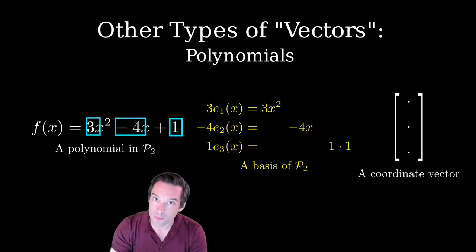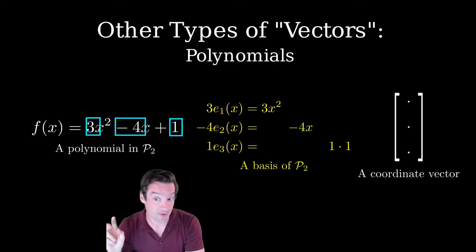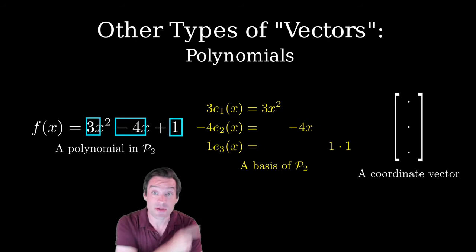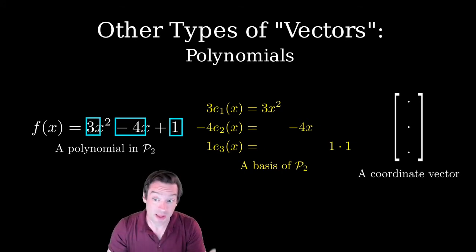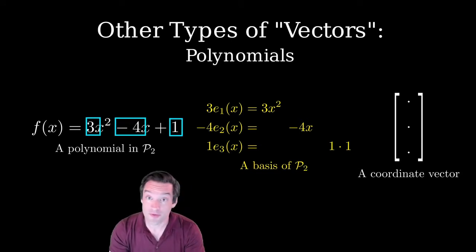So here's one more visual way of thinking about what we're doing when I take objects like polynomials, which don't seem like vectors, and use a basis to express them as their coordinate vectors. What does that actually look like? What are we doing? So if I take polynomials of degree at most 2, they form this vector space that